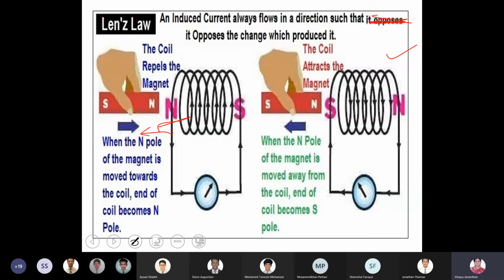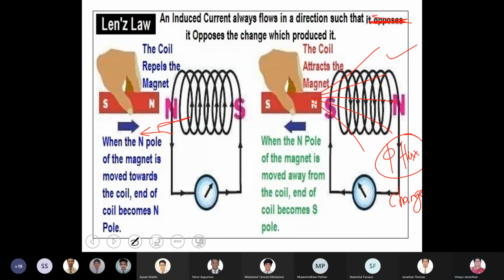You have a coil which is not carrying any current. It is connected to a galvanometer. You are moving the north pole of a bar magnet away from the coil, which means the flux through the coil is changing. Whether you move a magnet towards a coil or away from the coil, the number of field lines passing through the coil, that is your magnetic flux, is changing. Whenever the magnetic flux linked with the coil is changing,